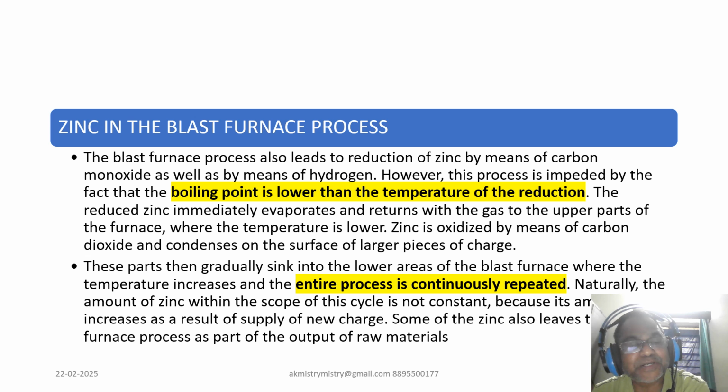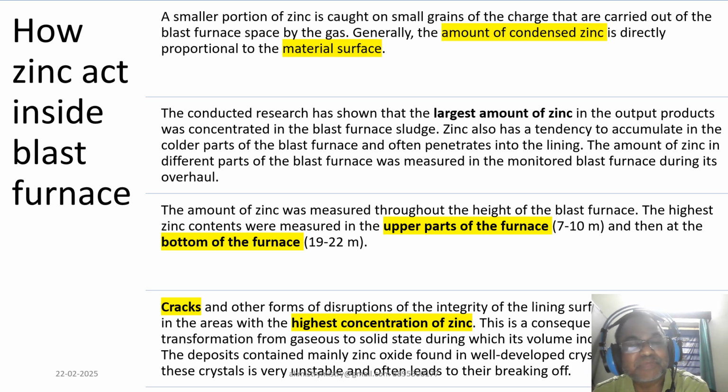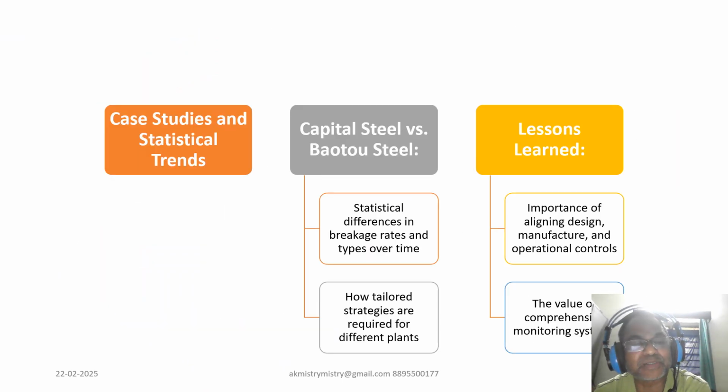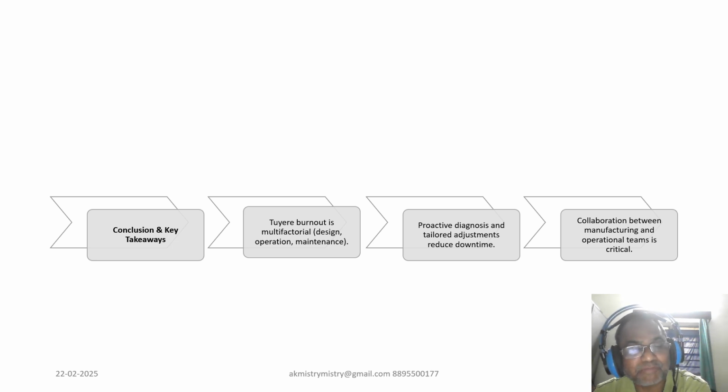I have also taken up this aspect, so I am not going to consume your costly time, and we can simply go through the slide, and if required, we can follow our zinc mechanism, how it damages the tuyeres. But I just want to keep all this information compiled in a single place, so that all my blast furnace friends can get all this information at a single point. So this is all about the findings of the tuyere damage, and later on, if any clarification is needed, I think I will